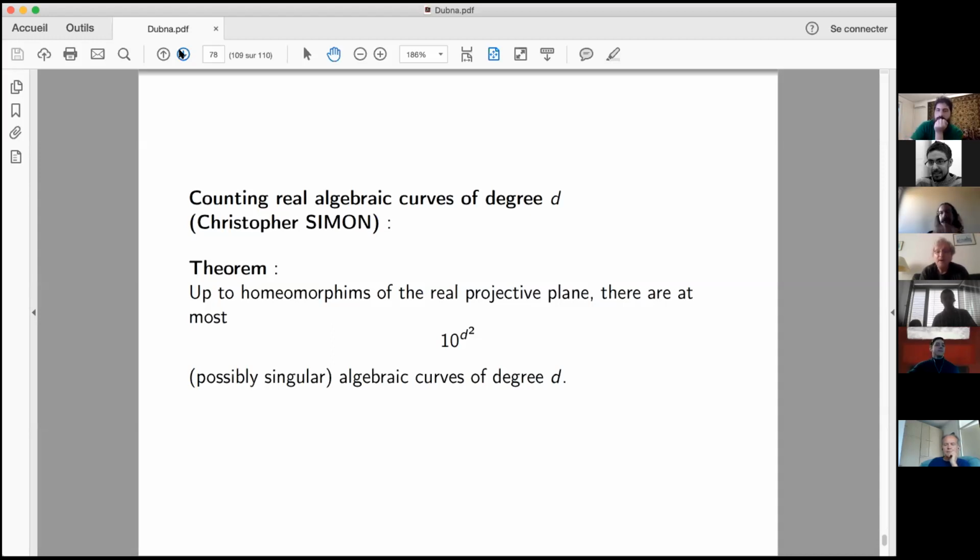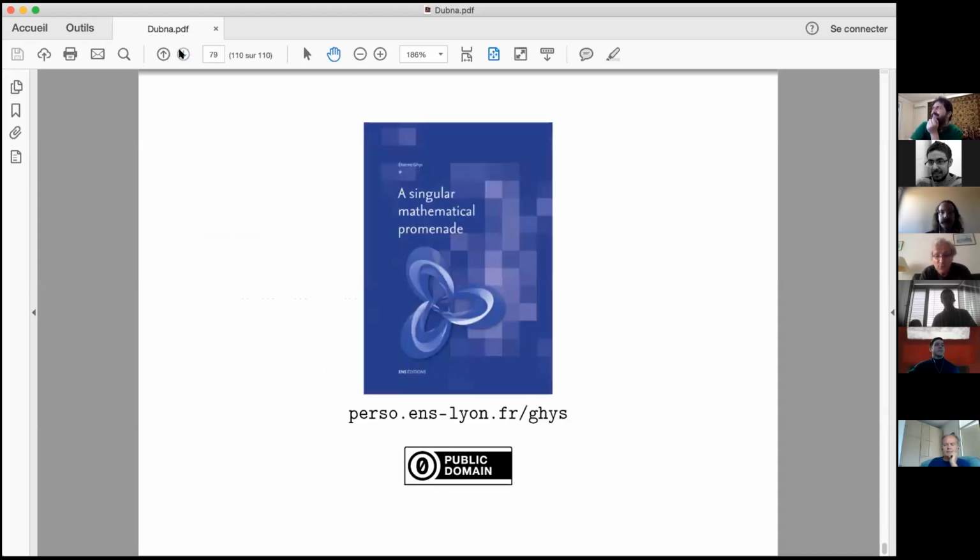Now, to finish, I show you the book that was produced from that. This book was initially written in English. It was translated in Turkish. Then it was translated in Portuguese. And finally, it was translated in Russian. And Victor will tell me when it will be ready. I don't know. I didn't see it yet, but it will be available soon, I hope.